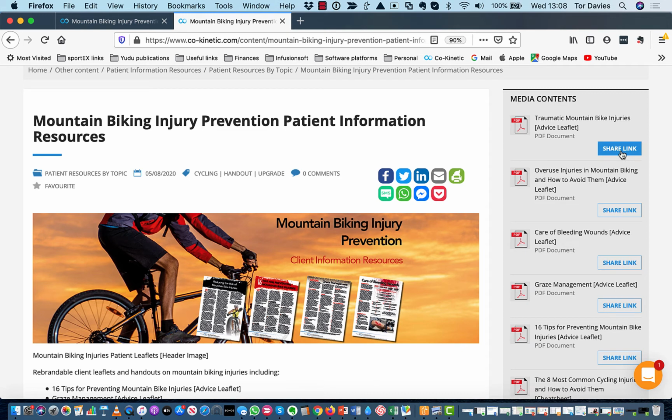You also have a share link here which you can use to share those leaflets. You literally just click that link and nothing will really happen except you'll see that tooltip pops up saying copied to clipboard, and then you can go and paste that link into the body of an email or make it an interactive link in a Word file, or you can also share it on your social networks, although as you'll probably be aware, I try and encourage you not to do that